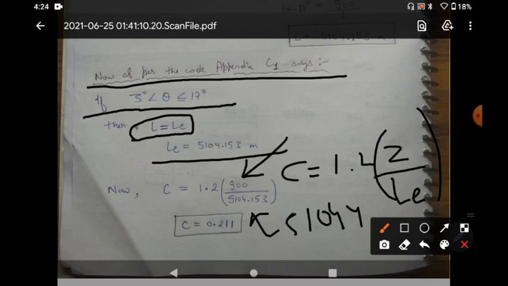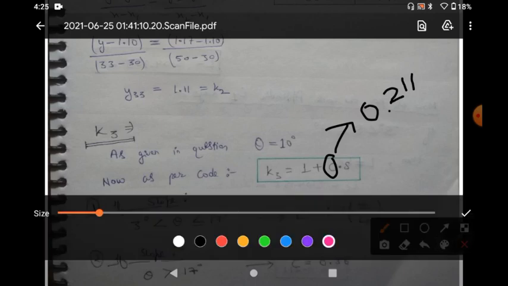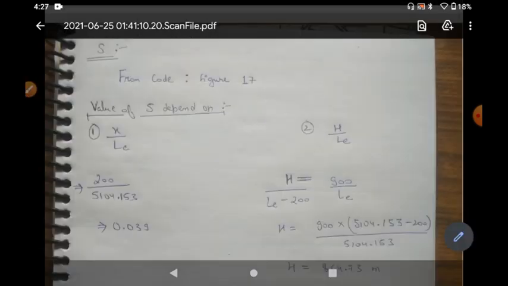So now the value of C would be 0.211. So the value of C we have already calculated, that is 0.211. Okay, so the remaining value that we have to find is S. Okay, so now the unknown value is S. So to find S, so we know that